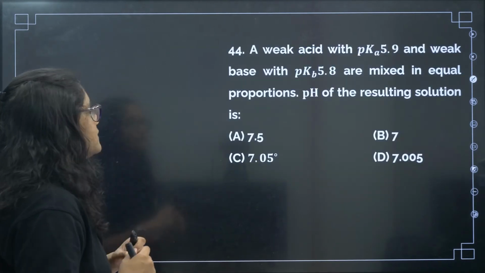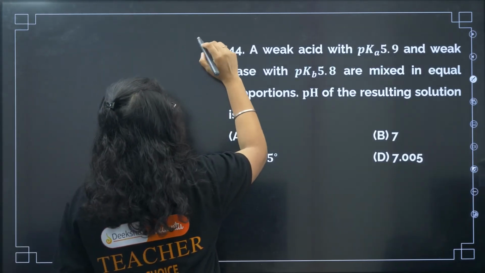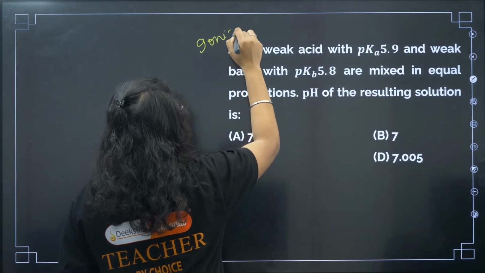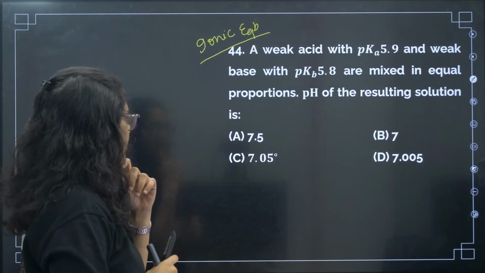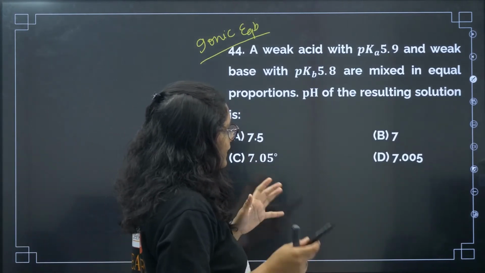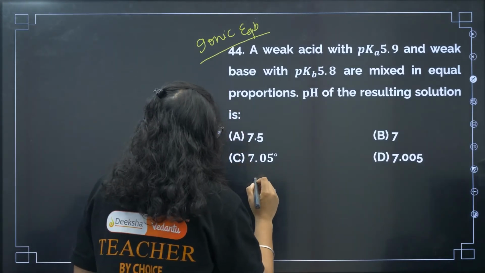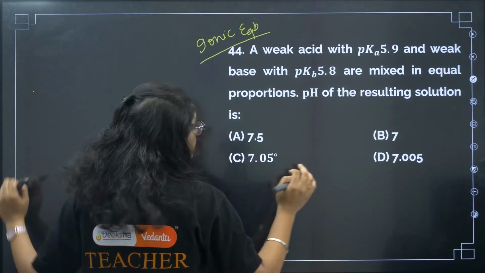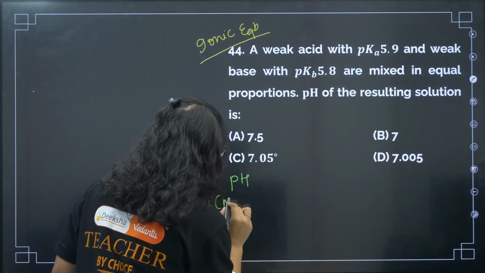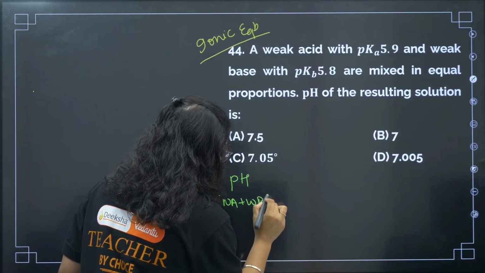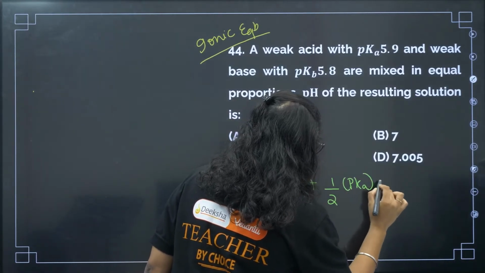Okay. Now coming to question number 44, a weak acid with a weak base. This question is also from equilibrium, but now it is ionic equilibrium. A weak acid with pKa 5.9 and a weak base with pKb 5.8 are mixed in equal proportions, what is the pH of the resulting solution? If you remember, for the pH of salt hydrolysis, of a weak acid plus weak base, pH is equal to 7 plus half into pKa minus half into